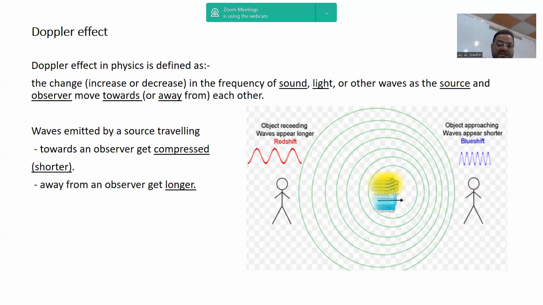The Doppler effect in physics is the change, and what does change mean? Increase or decrease, okay? In the frequency of light or sound or waves or another. From what to what? We have an observer and we have a source, as the source and observer move toward or away